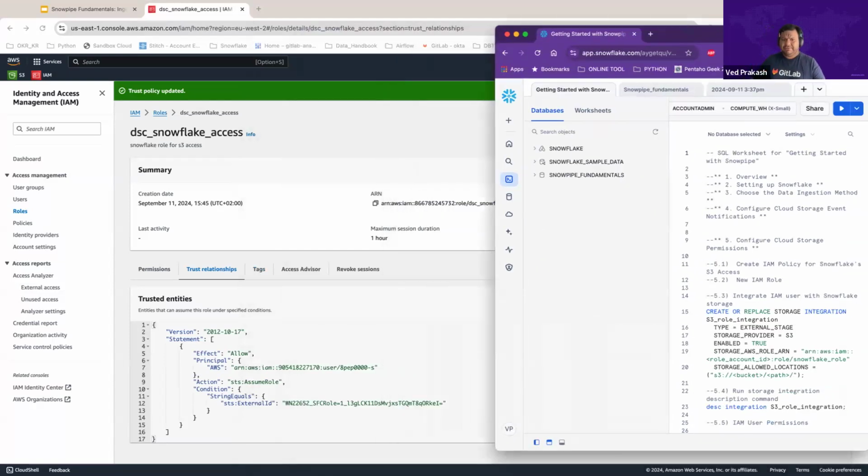So what we have to do next is set up the S3 event notification for a Snowpipe. So basically the part where I said that when you place the file into the S3 bucket, the bucket should notify a Snowpipe, or basically AWS should notify a Snowpipe that a file has arrived so that a Snowpipe can load the file. So in order to do that,